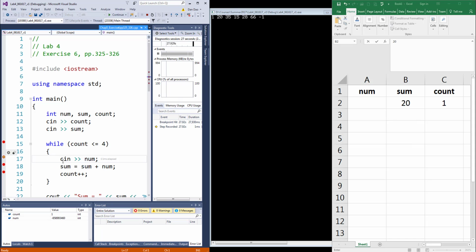Look at this green arrow right here. So 35, I'm going to put 35 right here before I forget. And then I'm going to click on step over. And you notice that here num is 35. It goes down to the next line. Now, in this line, you take num plus sum. I hover over these with it. So num is 35 plus sum, and it updates the sum to